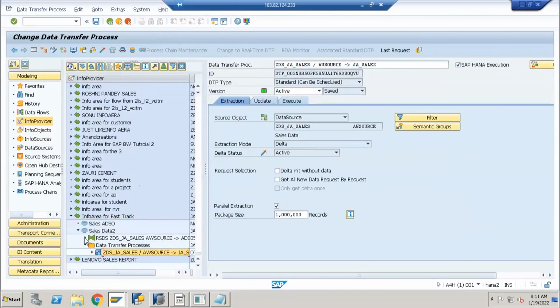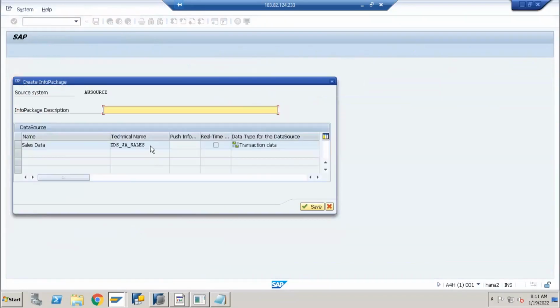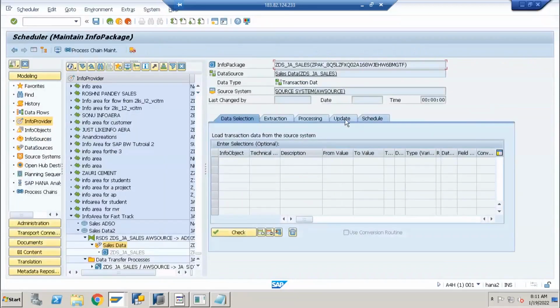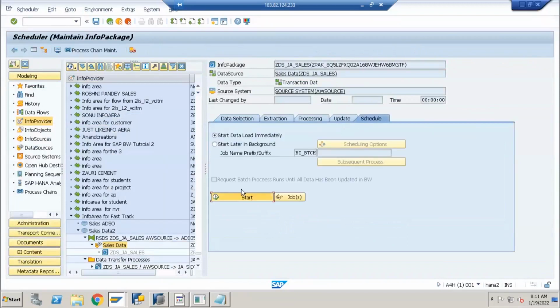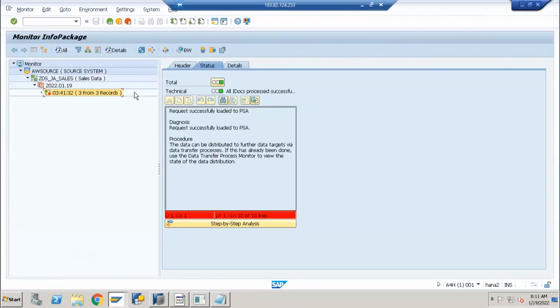PSA, right? Yes, I didn't load the data into PSA. That's why it is giving 0. So I need to create an info package here. Create info package. Start. So I created the info package and executed it. Now I think data came to PSA. I'm going to PSA. Yes, I can see 3 records came to PSA.